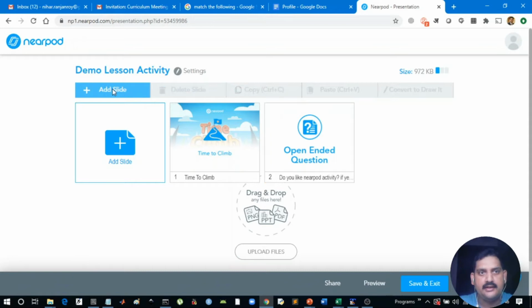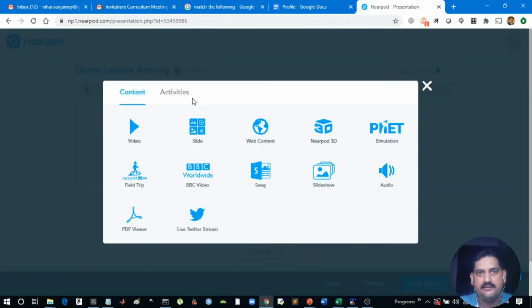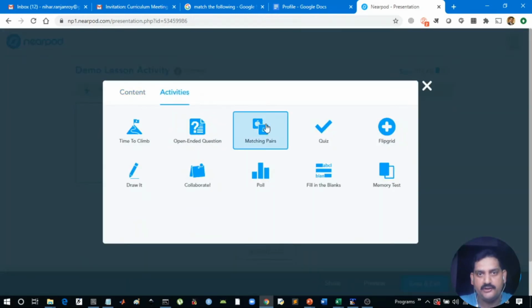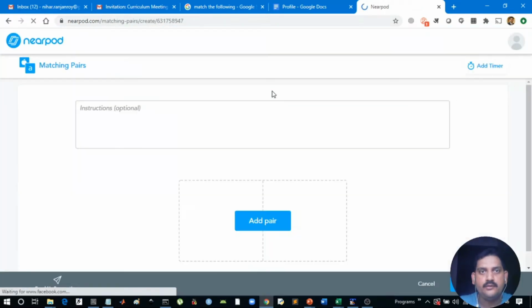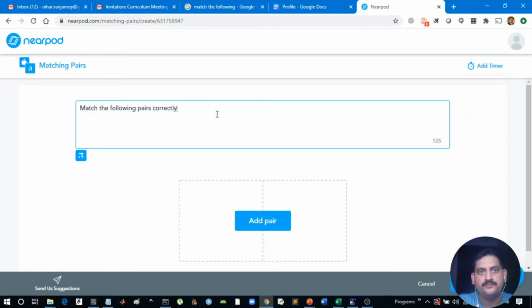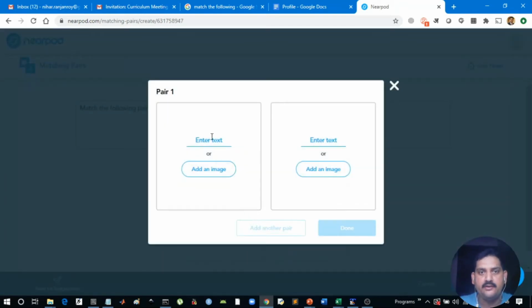And let us add another activity called match the pair. Whatever the instructions are, you can give them here: match the following pairs correctly. Now, if I want to match it, click on it and give the pairs. For example, you can add a text or add an image.